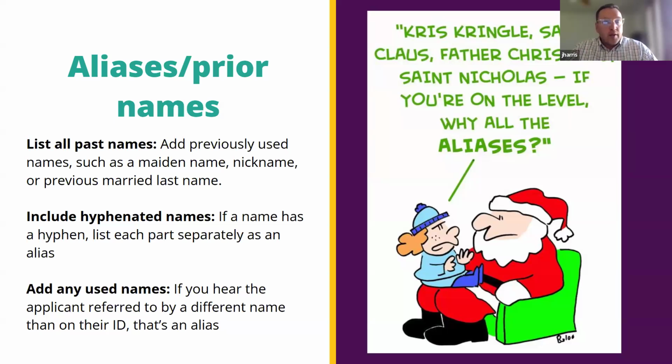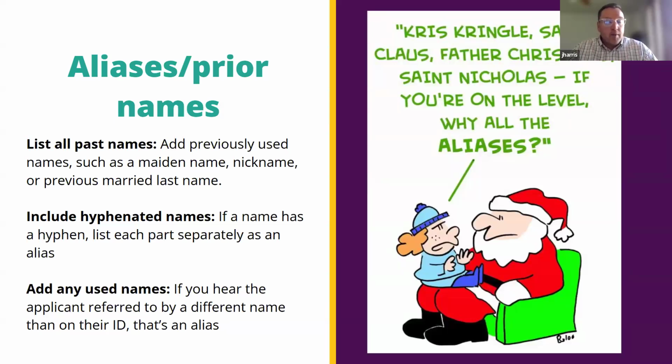Any names that they may go by. For instance, the first name of Elizabeth. You can break that down into Liz, Beth, Lizzie, different types of names that come from that one name. And if they disclose that to you, or you understand or know them by that name, please make sure you're entering that in as an alias. Nicknames, this is where aliases would come into play. Anything that they're known by.